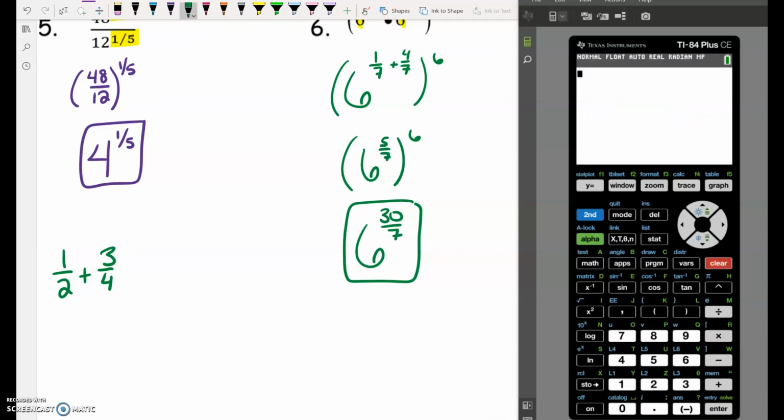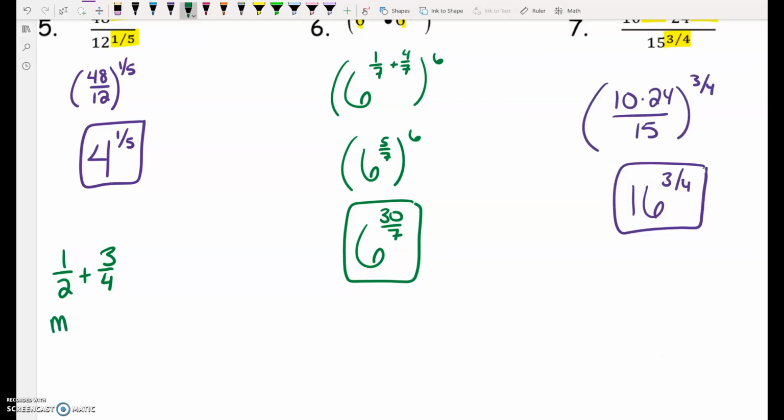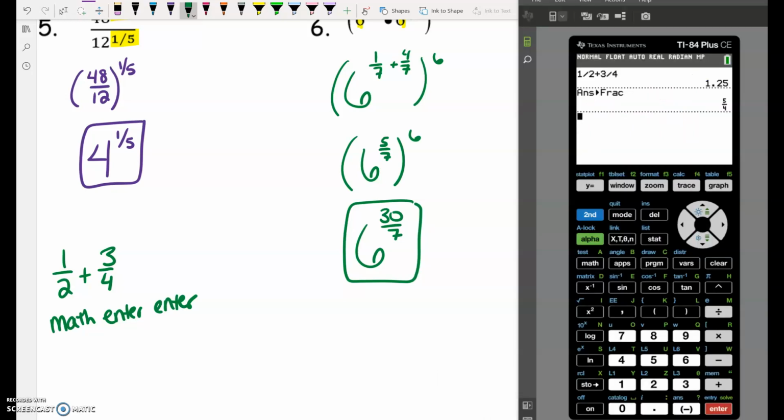If you're using your graphing calculator, you would do 1 divided by 2 for 1/2 plus 3 divided by 4 for 3/4. When you hit enter, you get a decimal. The keystroke that you need to know on the graphing calculator is math button, enter, enter. And that gives you the fraction as an improper fraction. When you do math button, enter, enter,